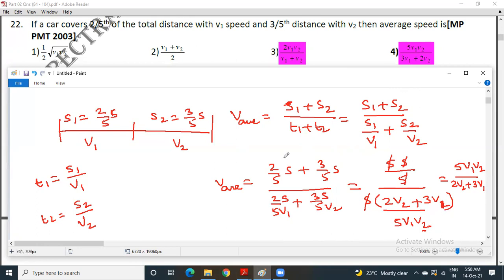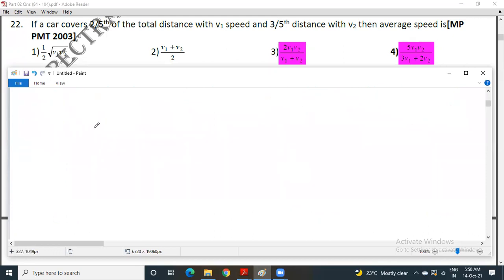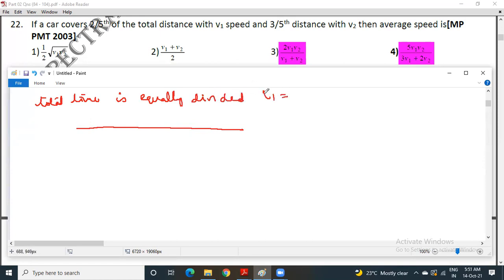Then now let us continue our today class with another derivation, that is also for average speed when total time is equally divided, and in each part body is moving with speeds v1, v2, v3 and so on. Now let us try to understand with the help of diagram. Total time is equally divided. What does it mean? So T1 is equal to T2 is equal to, so on, Tn is equal to T by n.